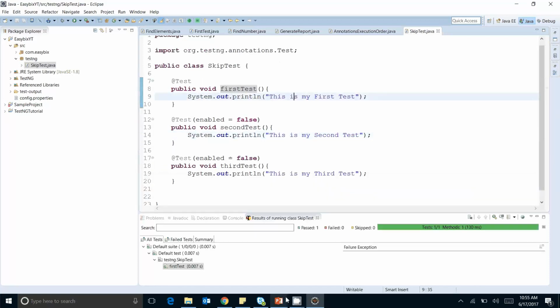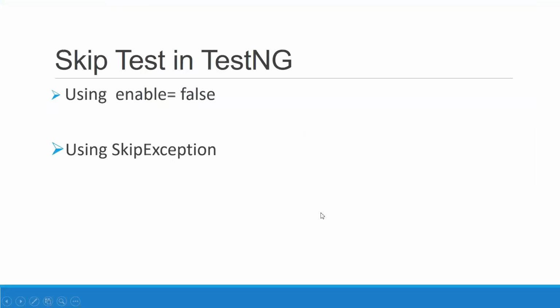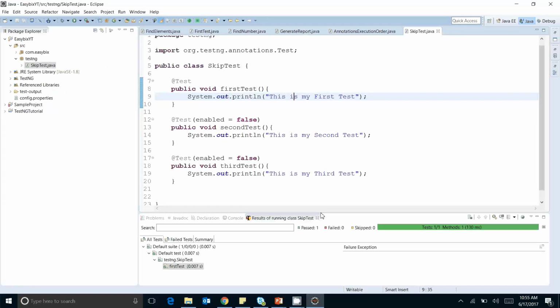Okay, so let's come to our second way, using the SkipException. This is another way to skip a test case at runtime. How can we do that? Suppose we again have 3 tests. I have removed that enabled equals to false from these tests.